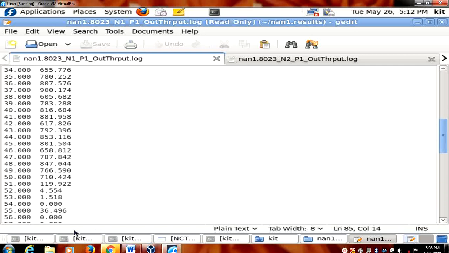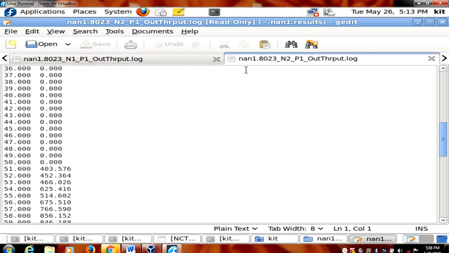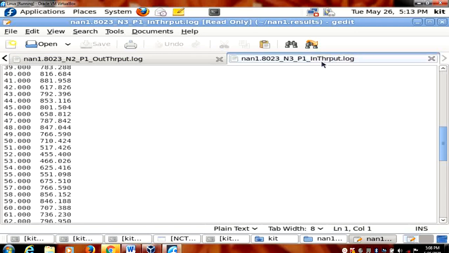See, across the 51 you have 119. So this 119 plus this 403, you will get at N3 as 570. Like this it's going to add the thing.